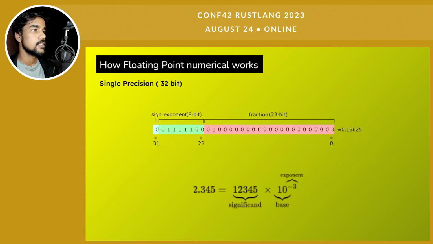So coming to the actual visual representation, as you can see, this format here is for the single precision, that is the 32-bit one. As per the previous slides, the first bit is reserved as the sign, and the exponent is used to represent the power of the 10 in the decimal number system. The fraction represents the actual number, so the significand component is composed of 23 bits.